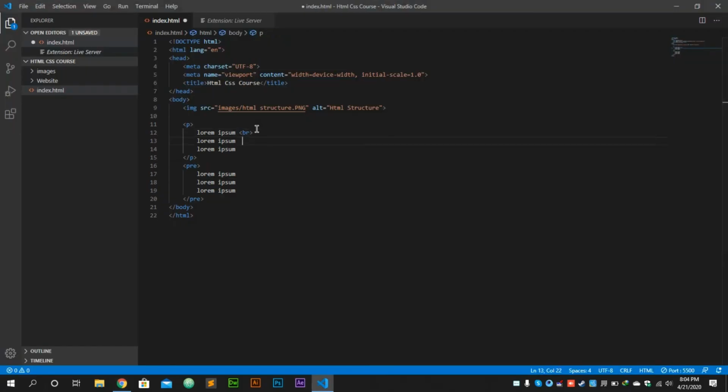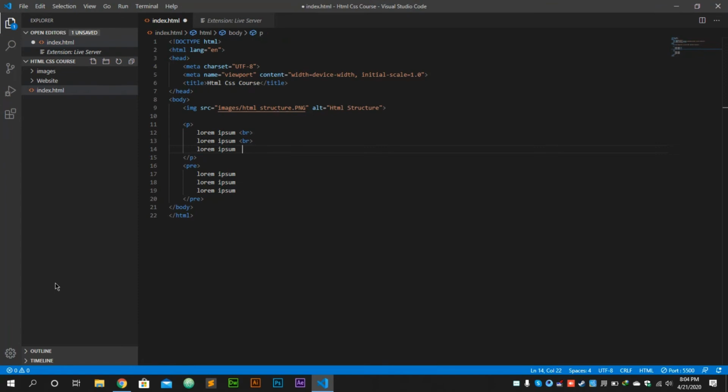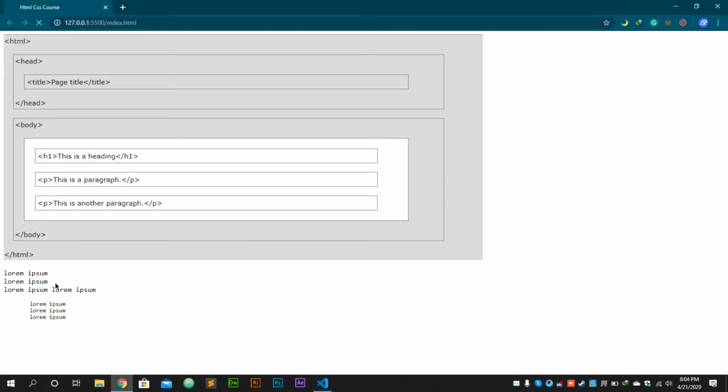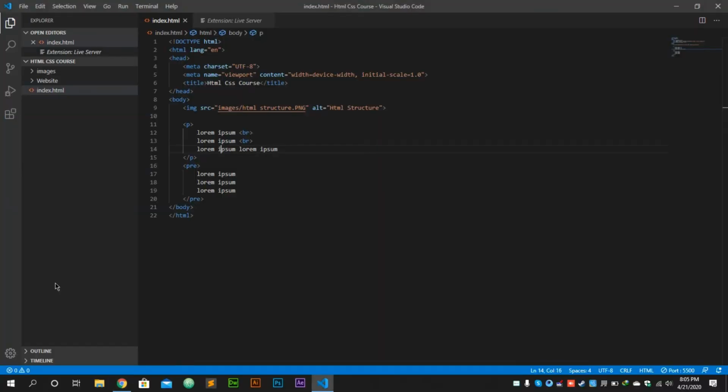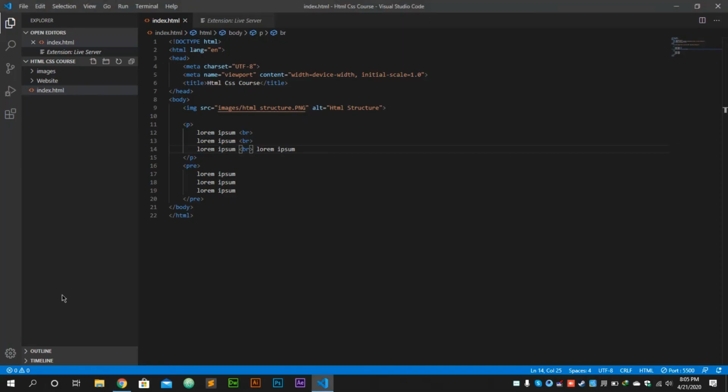When I break there also, it will break there also. If I add a break like that, it will break. So we have learned about br.